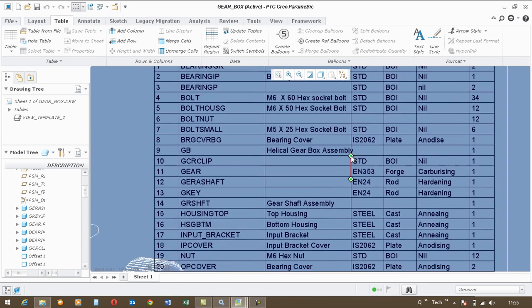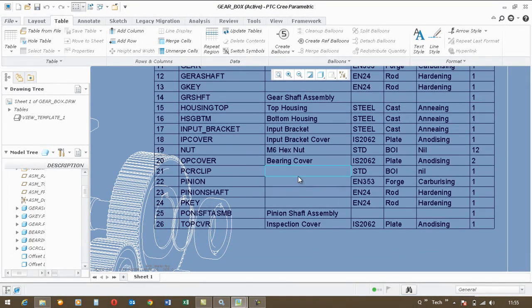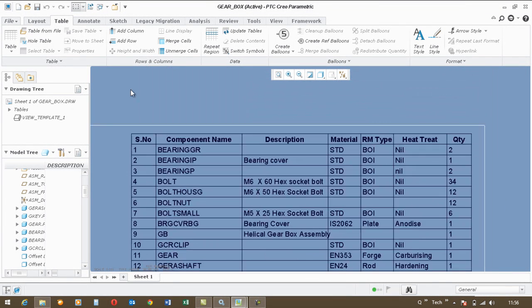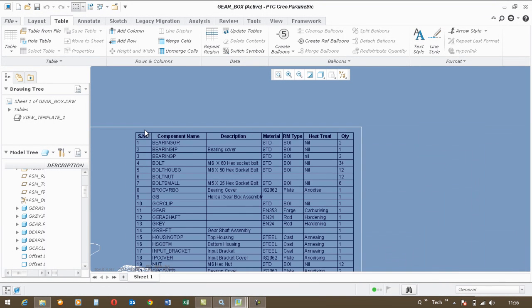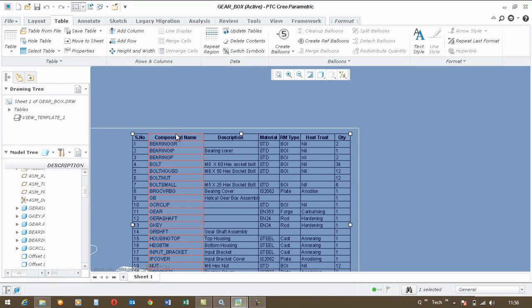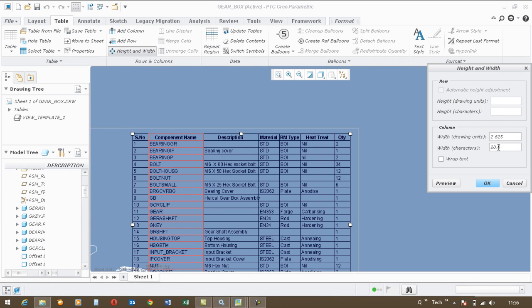In this case, notice that a couple of columns are empty. They're all empty because the values for those parameters in the particular part are empty. We'll come to that at a later stage. Let us try to add some values to it. Before that, I would want to make corrections to the column width once again.